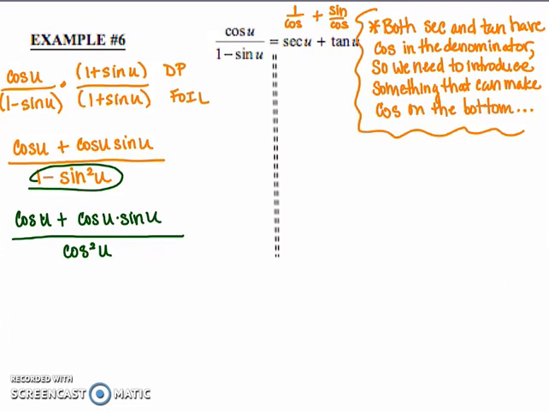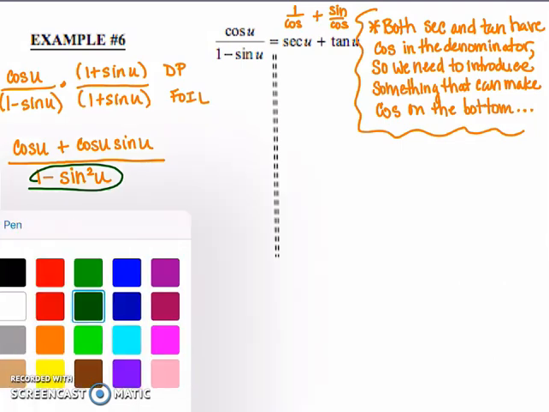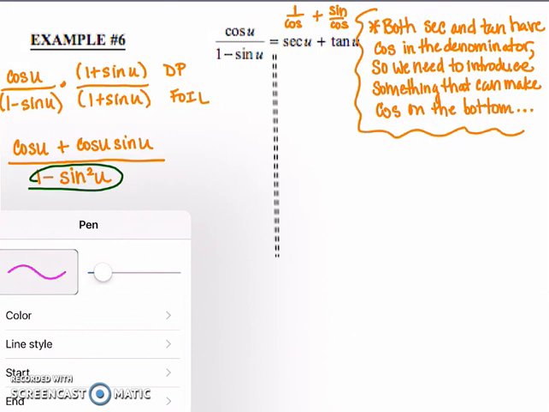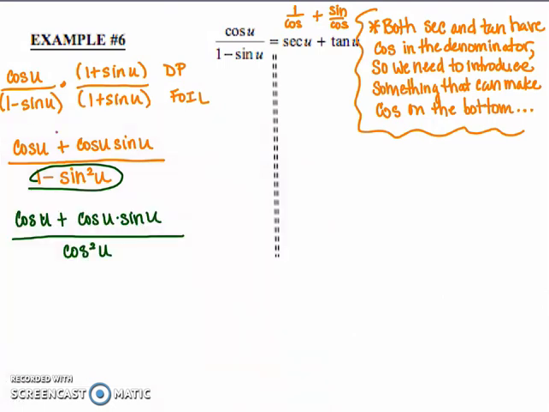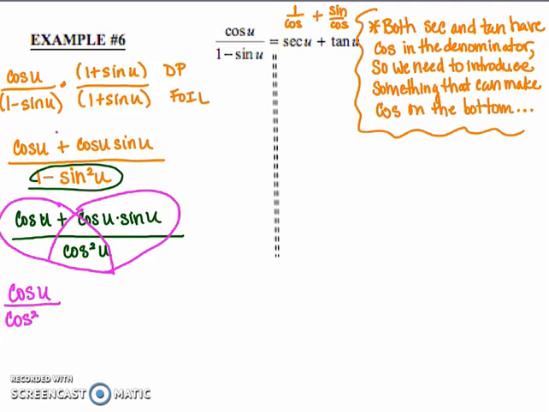And now I'm going to use my pretty love connection again here. I can divide both of these things by cosine squared u. So I get cos u over cos squared u plus cos u